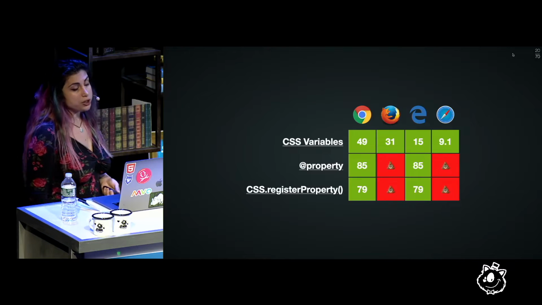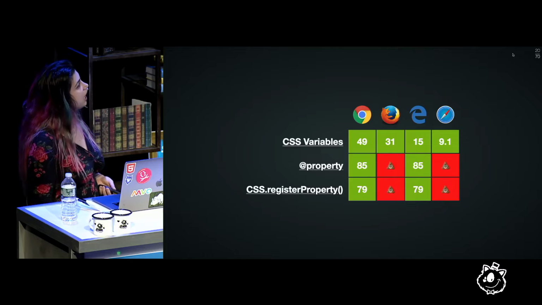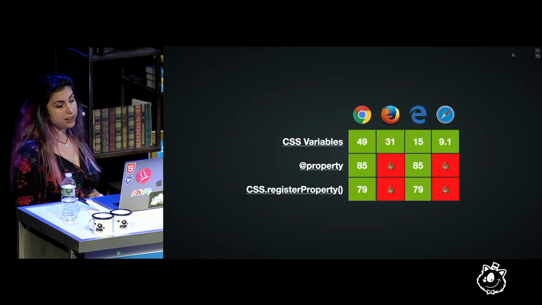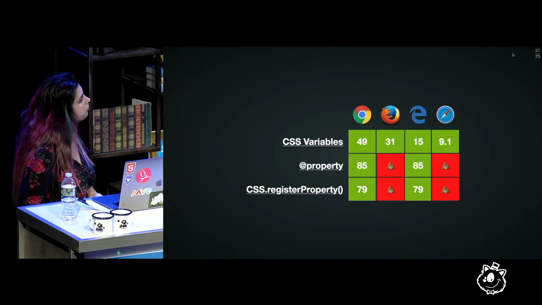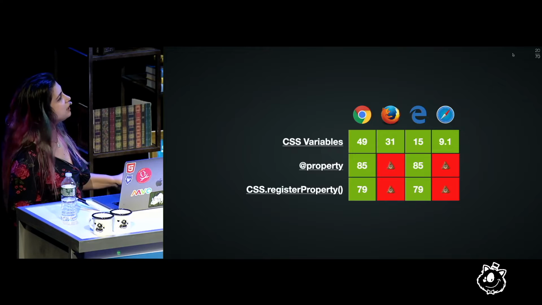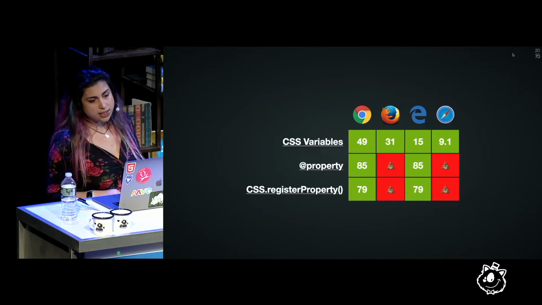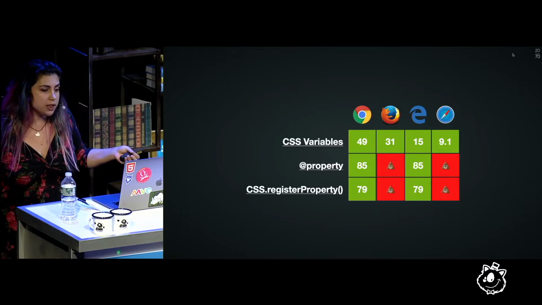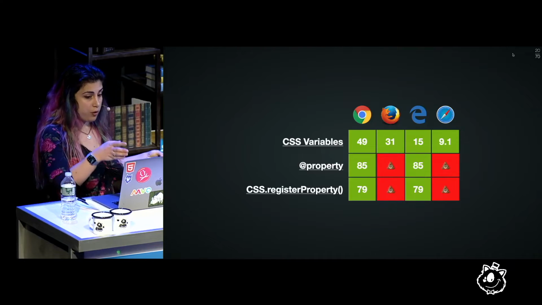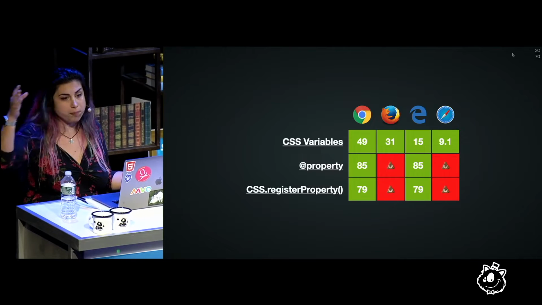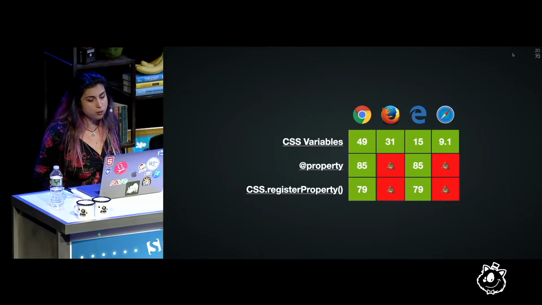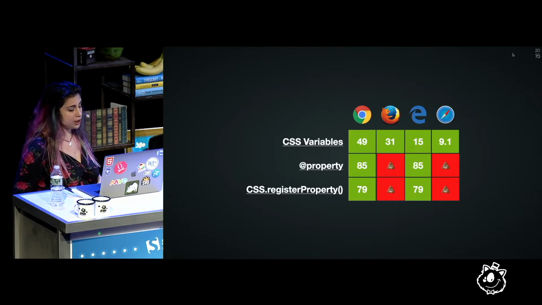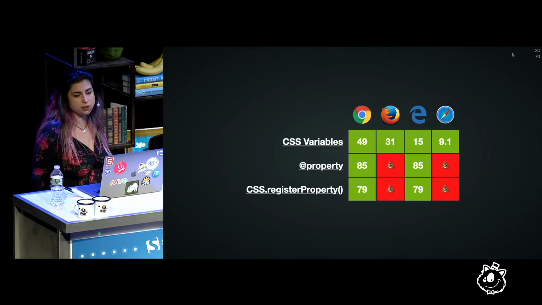But I mentioned browser support is an issue, and indeed, @property has much worse browser support than CSS variables in general, which at this point we can just completely rely on. But @property, not so much. Although things look worse than they are in this chart, because these days, for better or for worse, Chrome has such a big market share that just Chrome supporting something means that like 70% of users can actually see that. So as long as you provide a fallback, and there are ways to provide a fallback, you can use @property. Just make sure you provide a fallback and that it degrades gracefully. And for something like an animation, it naturally degrades gracefully.